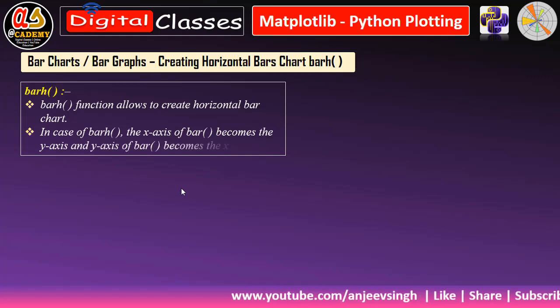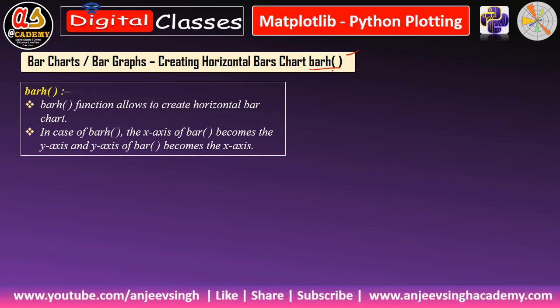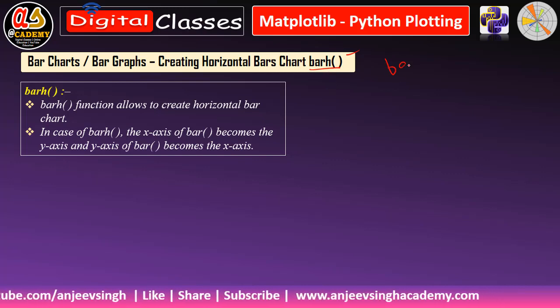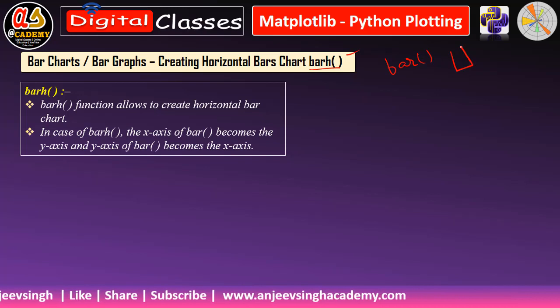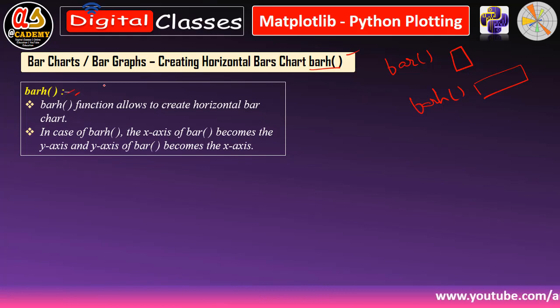Horizontal bar graph is created with the help of the method that is known as barh. Bar, barh. If you are writing simple bar, it will create a vertical bar graph. But if you write barh, then it will create a horizontal bar graph. So this way we can create it. The barh function allows us to create a horizontal bar graph, as well as